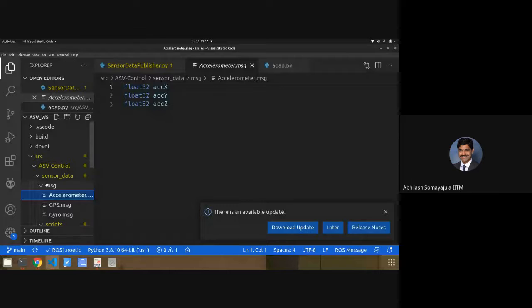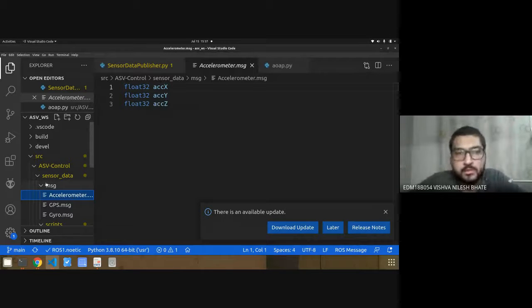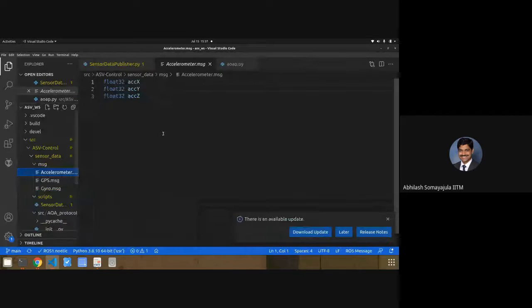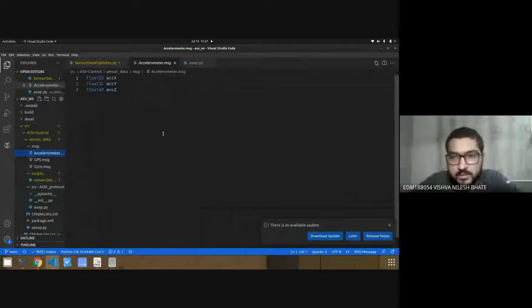Yeah, and I think that's actually a very good suggestion from Manoranjan. If you look at sensor messages in ROS, if you put it in that format, it will be much more easily usable. Suppose tomorrow you want to use the robot localization package, it will expect sensor messages to be in the ROS format. Yes, definitely. It really doesn't take much effort to do that. It's a very simple job. You only have to set up your data in that format and publish it in that format. That's all. Yes, sir. I'll update that. We just have a nice suggestion.